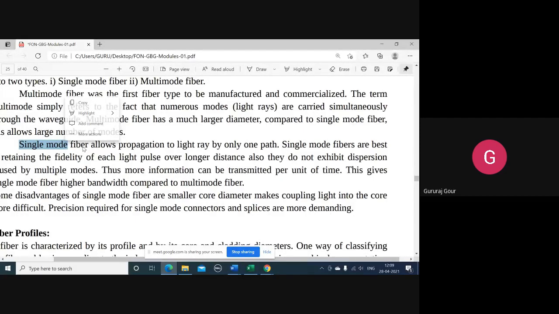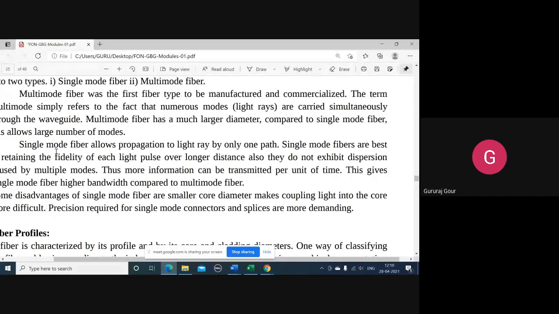It is something like what you do in aptitude. If I say 1, 3, 5, 7, what will the next two numbers be? 9 and 11, like that. Some pattern will be there, odd numbers you are getting. In a similar way, there is an orientation of E and H field components, but this orientation is following a single pattern: single pattern, single mode; multiple patterns, multi-mode. That's all.